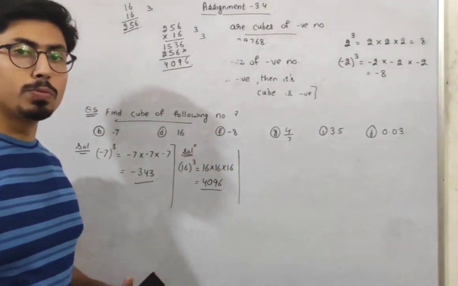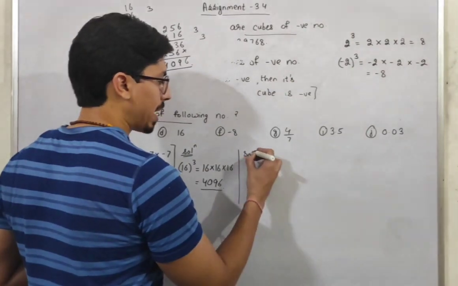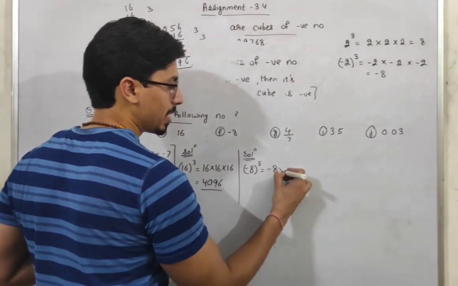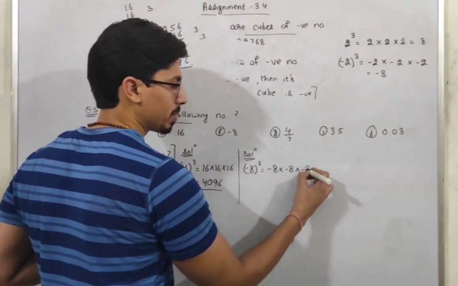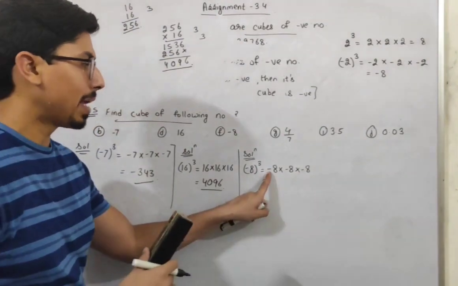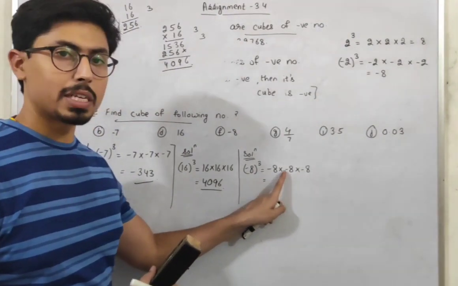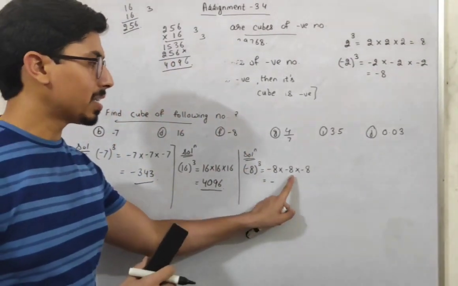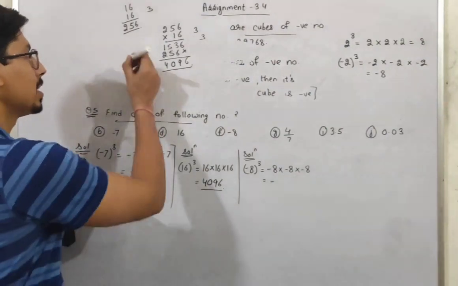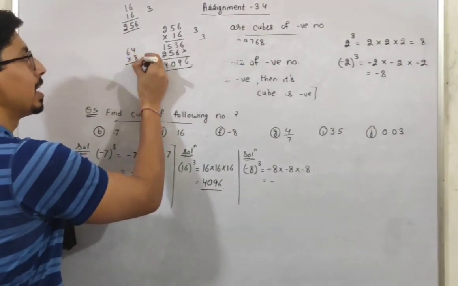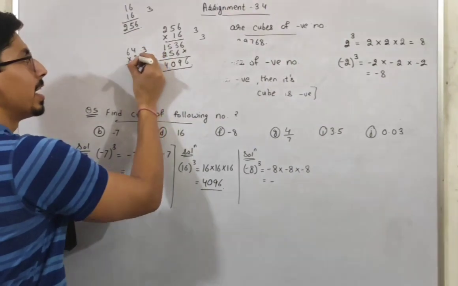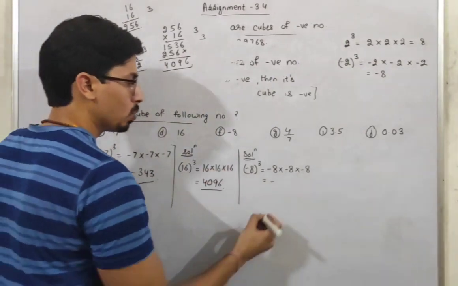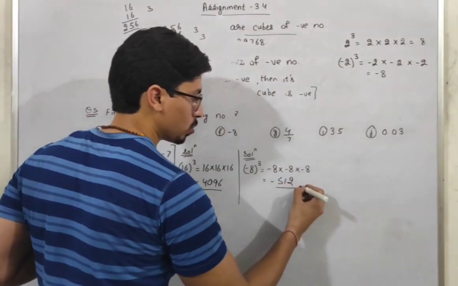Okay, so moving forward to our F part, that is the part number 6. So we have to find out the cube of minus 8. So cube of minus 8, students, minus 8 cube, can be written as minus 8 times minus 8 times minus 8, students. Students, if I just multiply this by this, so minus minus will be plus and plus into minus will be minus. So overall answer will be negative. Now 8 8s are 64. When 64 is multiplied by 8, it will be 8 4s are 32, 3 carry, 8 6s are 48, 49, 50, 51. So it will be 5 and 2. So answer is minus 512 students.